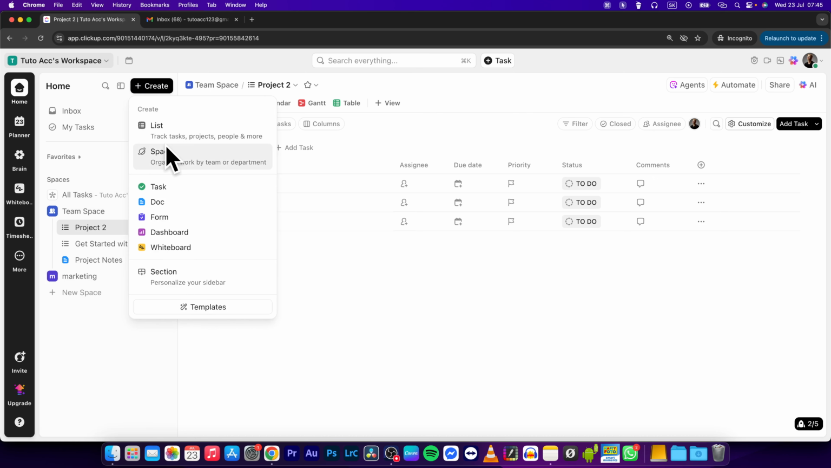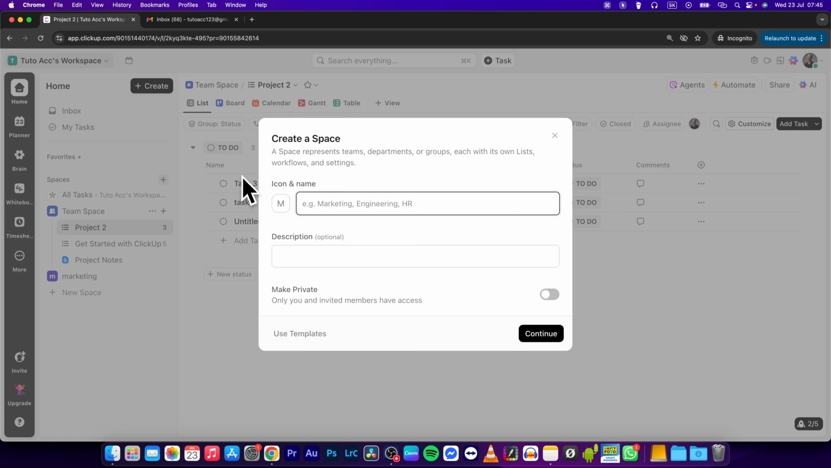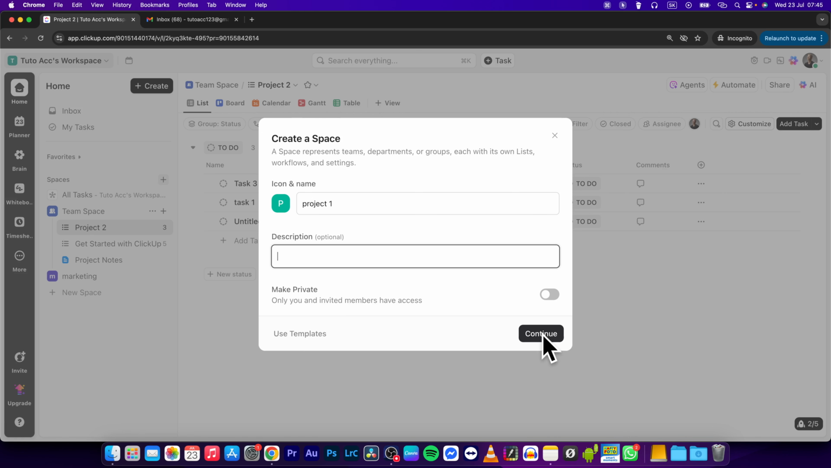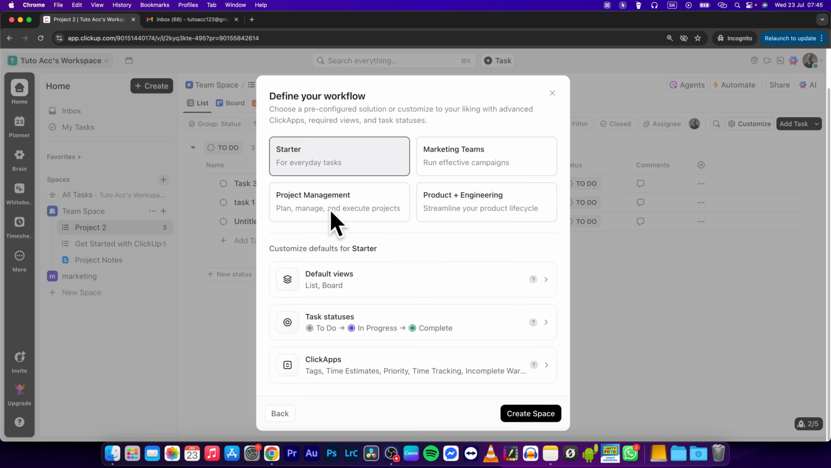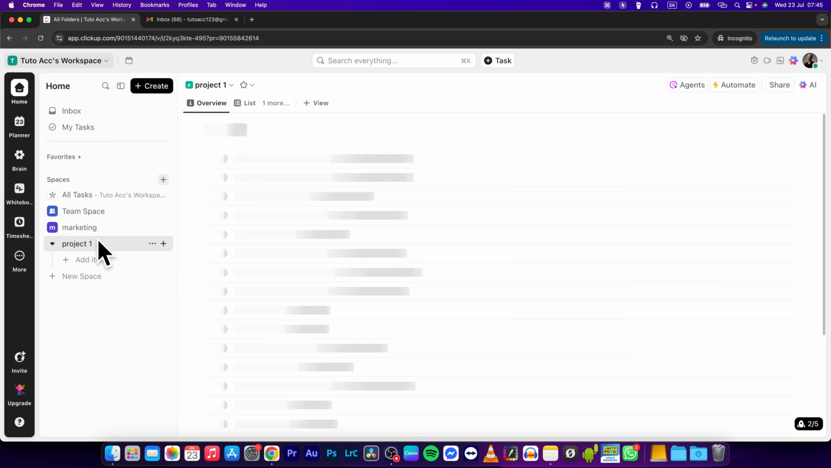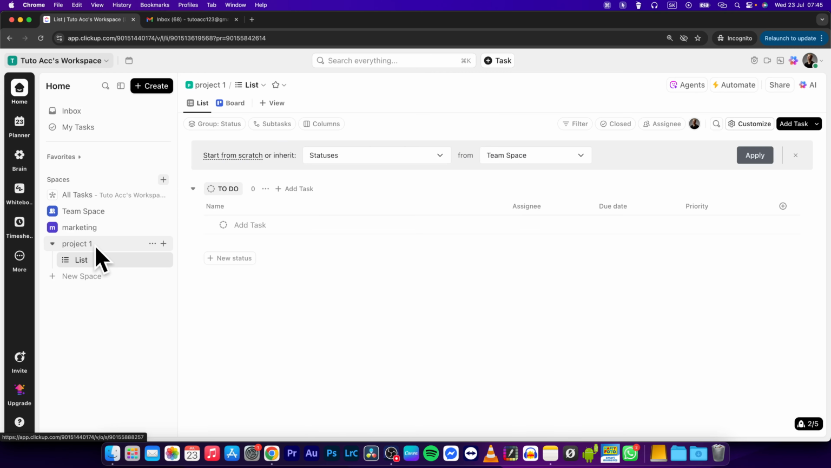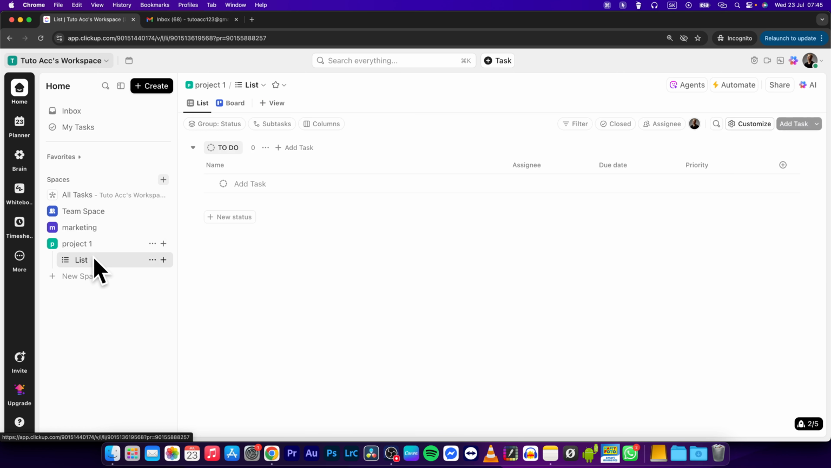Press create, then press space, and this space could be your project. So you will have to name it project number 1, add the description, and also press continue. Now press create space, and as you can see the project 1 space is created, and you can create multiple